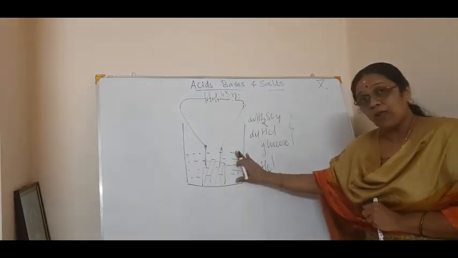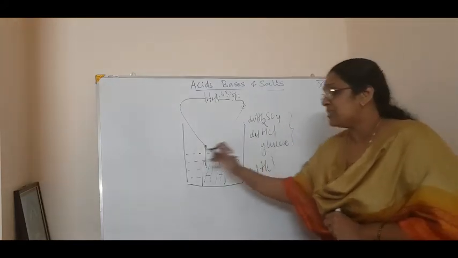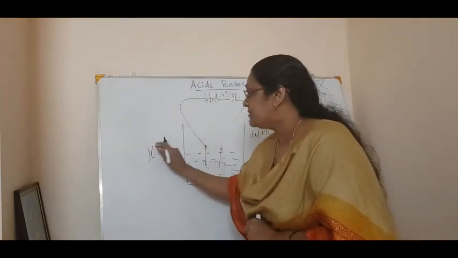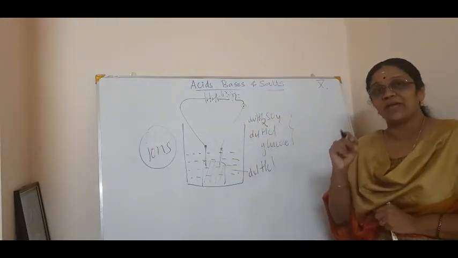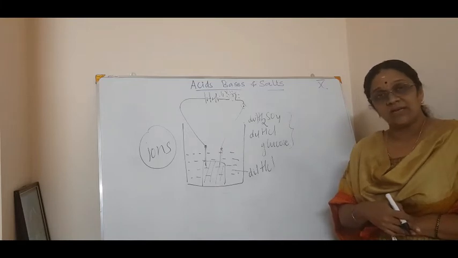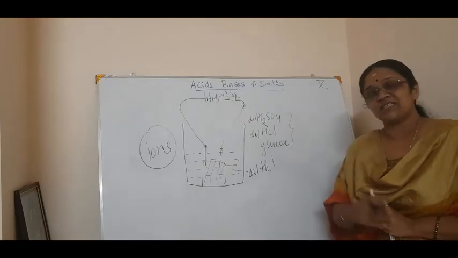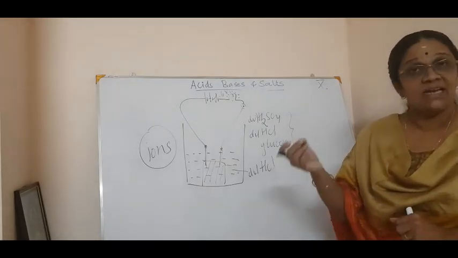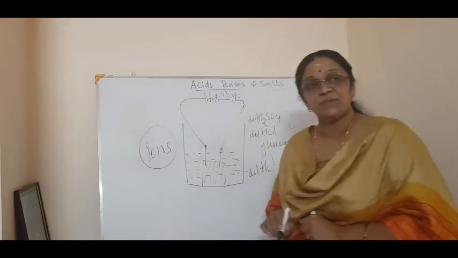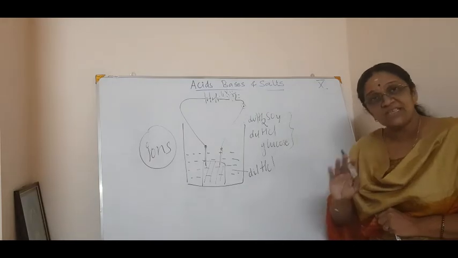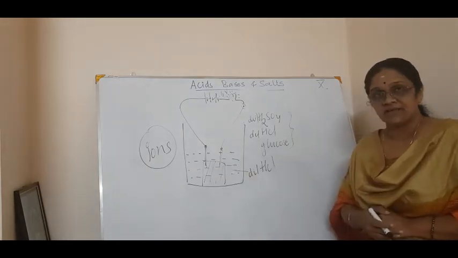Now you know, in a solution, who are the carriers of the current? That is very, very important. I have told you many times, who are the carriers of current in a solution? Ions are responsible for carrying the current in solution. Correct? Or while in a metallic conductor, who is responsible for carrying the current? Electrons are responsible for carrying the current in a metallic conductor or electronic conductor, whereas in solutions, ions are responsible for conducting the current. So which means that here some ions are responsible for conducting the current.